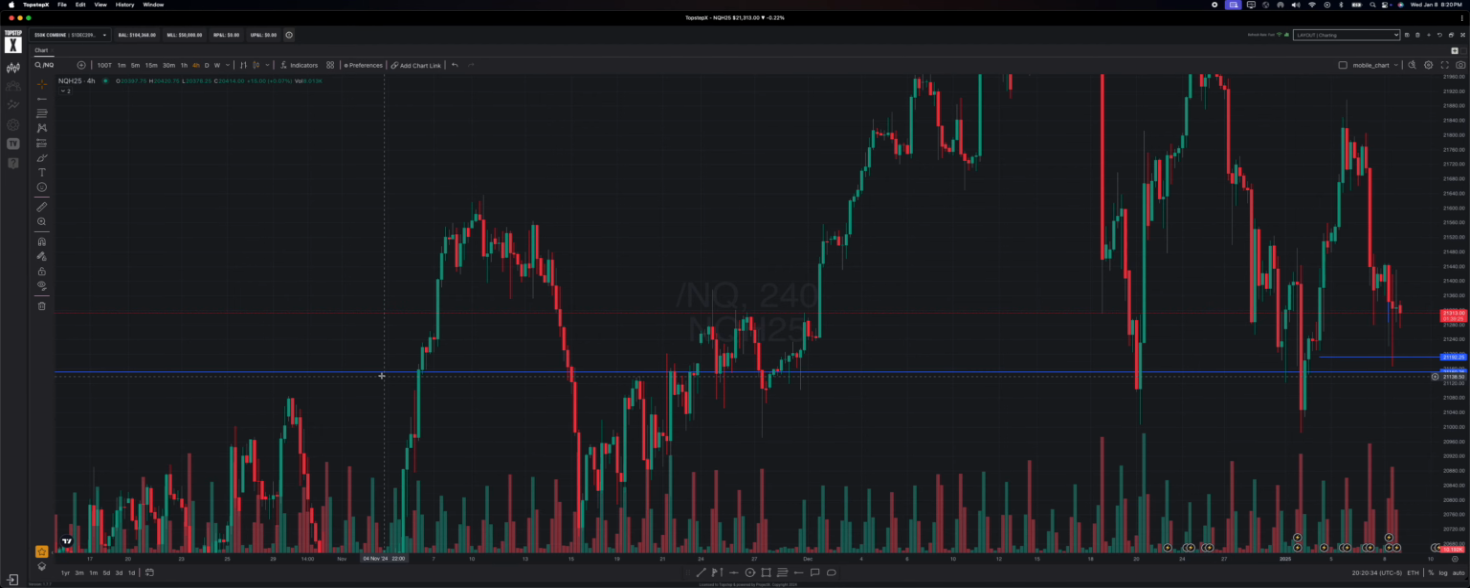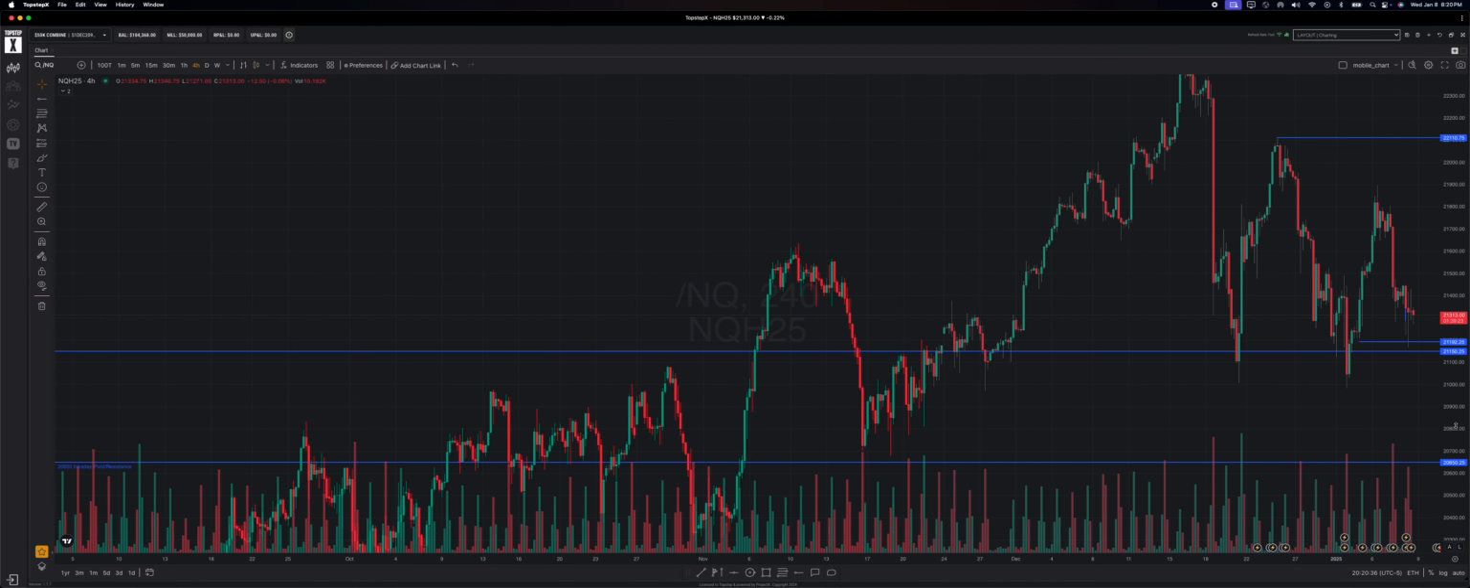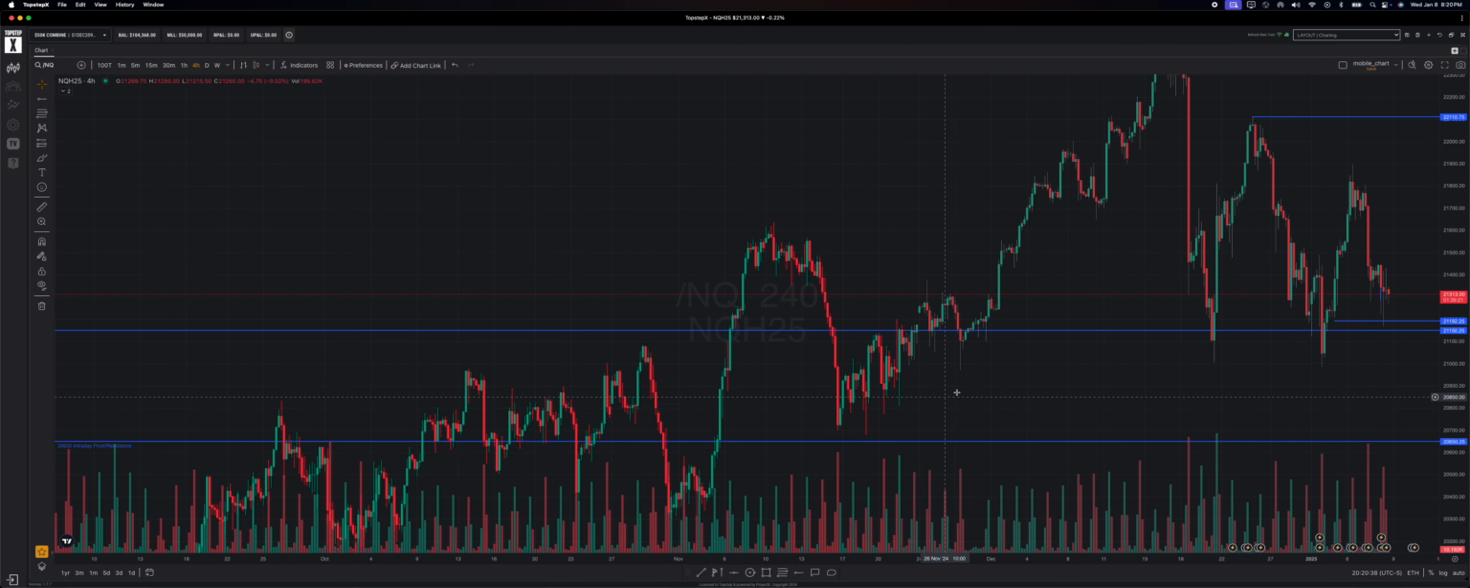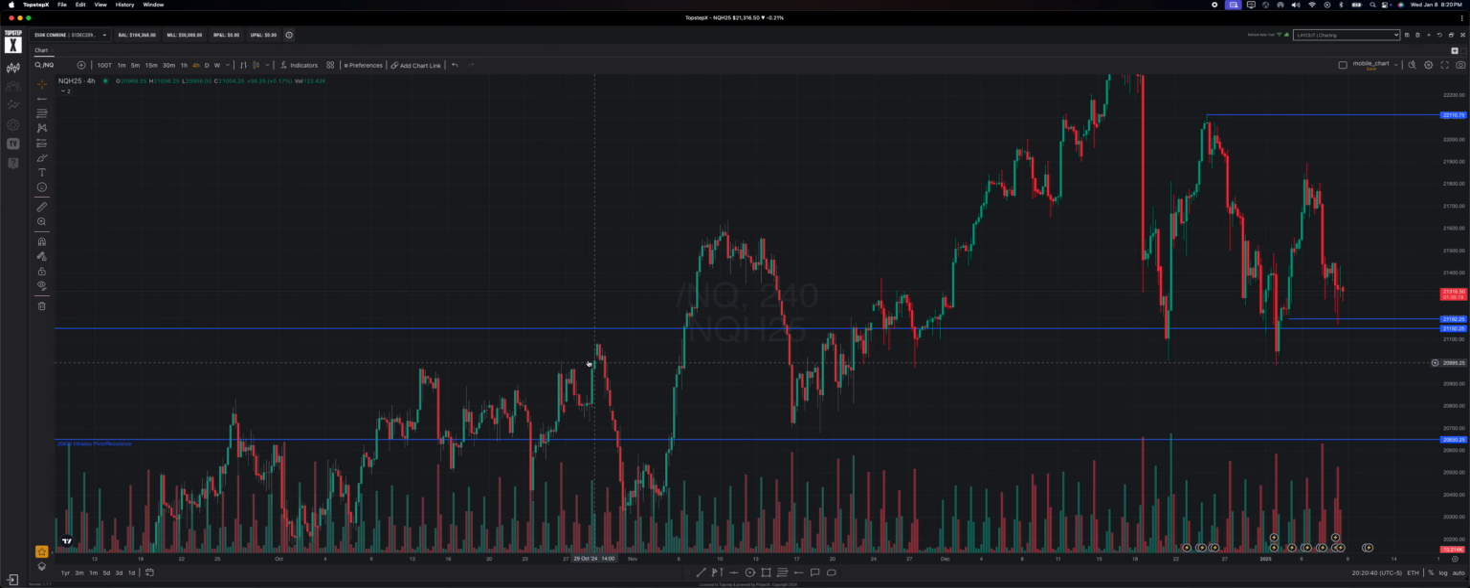21,150 was a level that, in my opinion, was respected and almost a pivot point in the market where market sentiment shifts. In November, we broke this level and traded above it for a couple of days. And once we broke this level again, market sold off almost 400 points. So this level told me that,